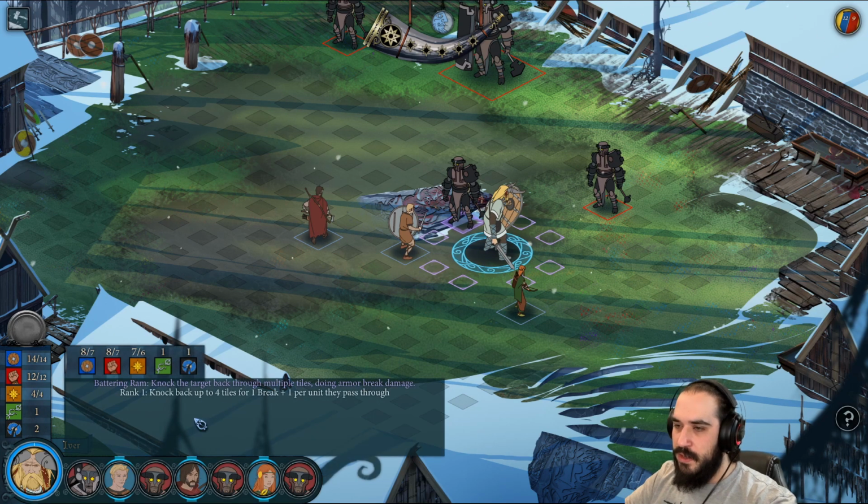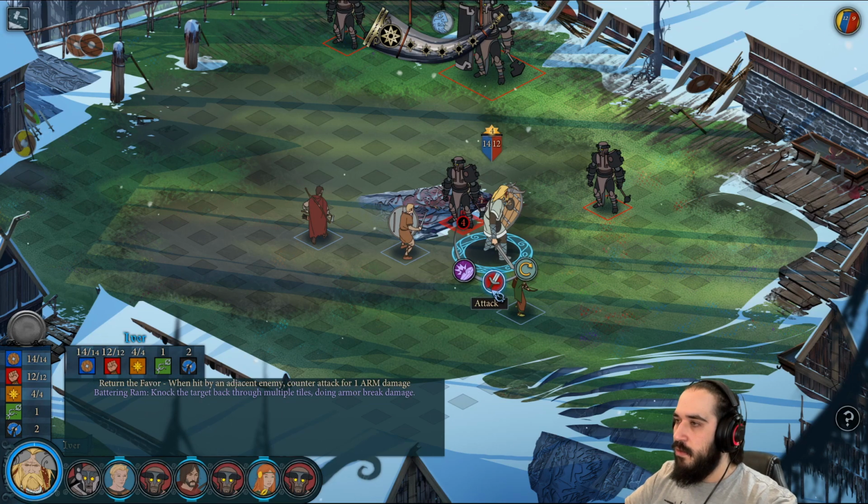So Battering Run, what does that do? So knock the target back through multiple tiles, doing armor break damage. Rank 1, knock back up to 4 tiles for 1 break, +1 per unit they pass through. Alright, so you can actually smash them through other units. Cool. Well, I think for now,